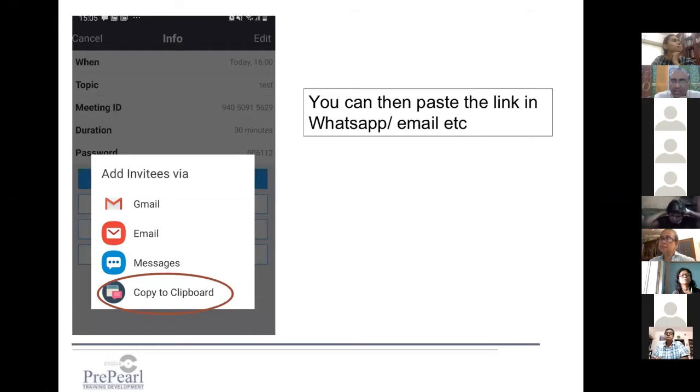Not that I know of personally, at least, but I think an RSVP is possible if you are creating it in the form of a webinar, but that is a paid option. It's still not an RSVP, but only if the person registers, then the person gets emailed the details. So if the person doesn't register, the person does not get the meeting details, and I think it is on the webinar option. That's my sense right now. Yeah, but that's a paid service. The webinar is a paid service.